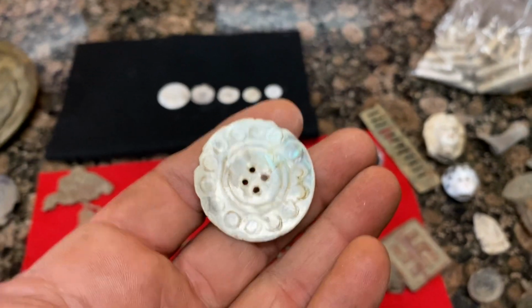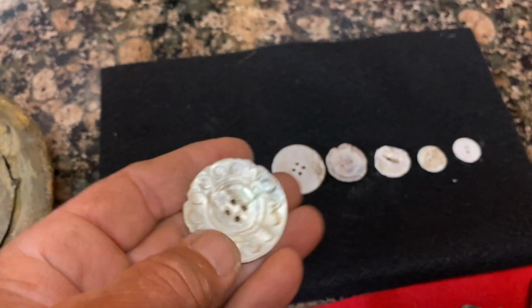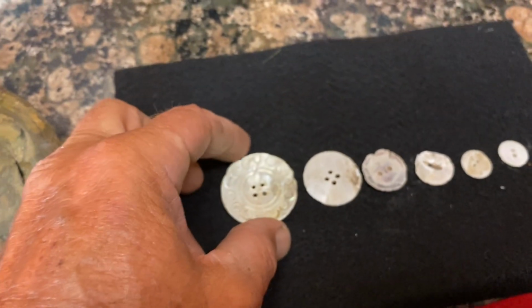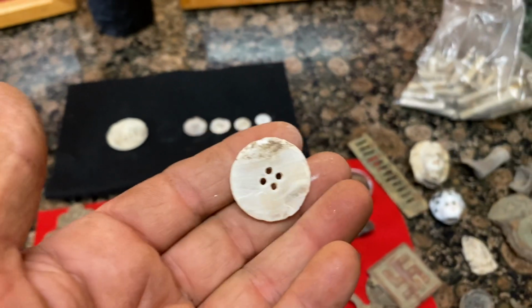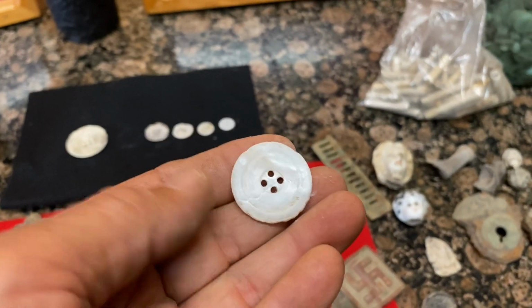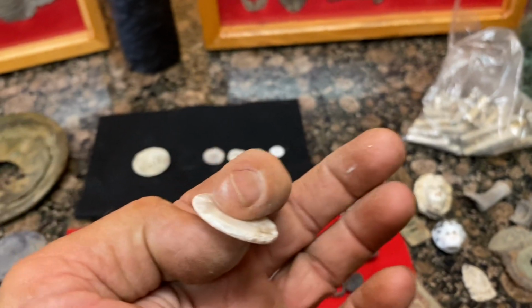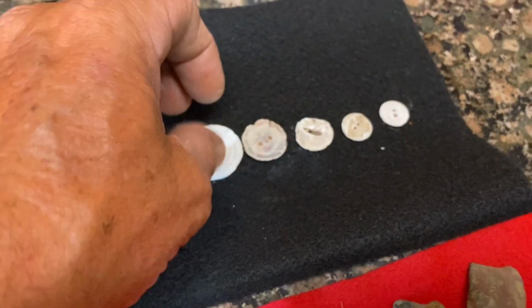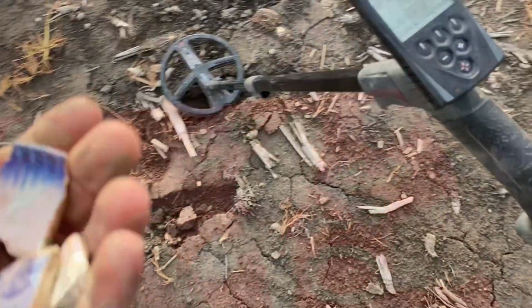That would have went on a fancy, fancy jacket there. Big old pearl. I mean, that thing's big as a silver dollar. That's a good one. This one's about the size of almost like a half dollar. Now, that's rare to find one, a pearl one, made from an oyster shell that big. And that's right, these are made from oyster shells. So anyway,